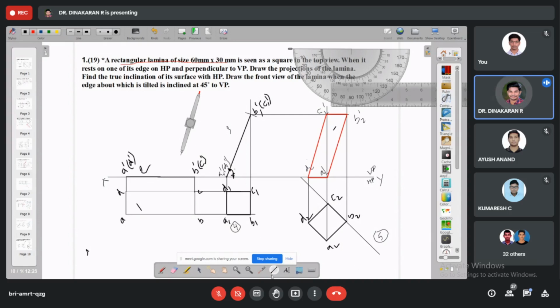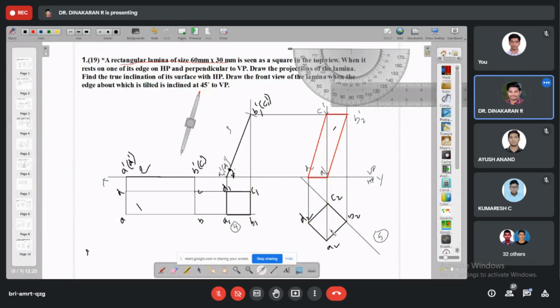A 45-degree line inclined to BP is given. After drawing the 45-degree line, measure this image. This fourth step only we need to convert for the fifth step. What are the dimensions in the fourth step where we have drawn the projection? Same dimension will be on the duplicate. So measure C1 to B1, because they told us any one of the edge. You can take any edge; I have taken C1 to B1. Measure it, then mark it on that C to B2. The dimension is 30 mm, so mark 30 mm. Then the same dimension, 30 mm, 30 mm square only.